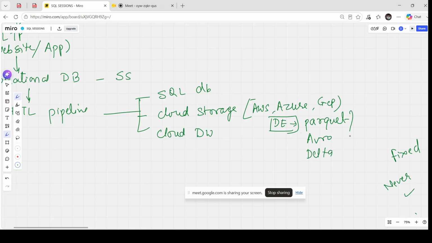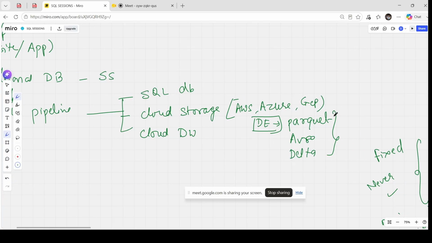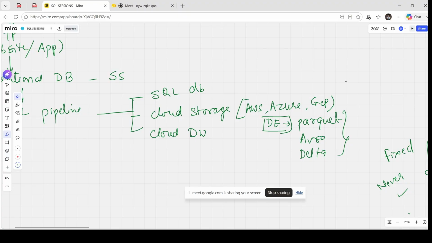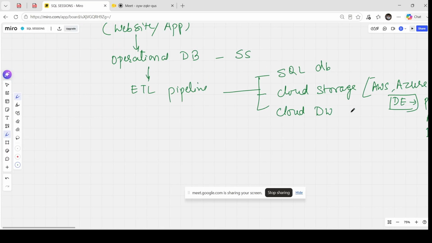Yeah, Delta. So these are major data formats in which we store this data in the cloud storage. The reason we keep it is because we can run analytics very quickly on this kind of data. And then data warehouses, we know that already, the cloud-based data warehouses. And then it goes to